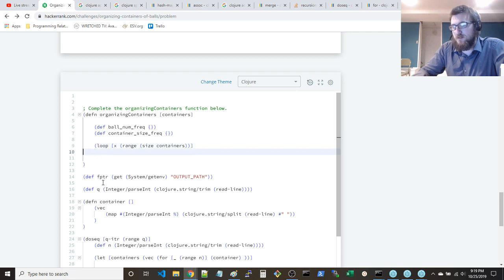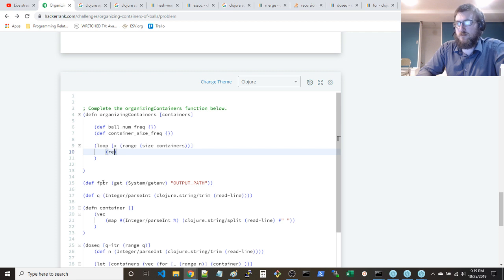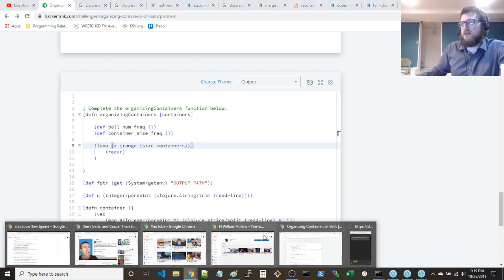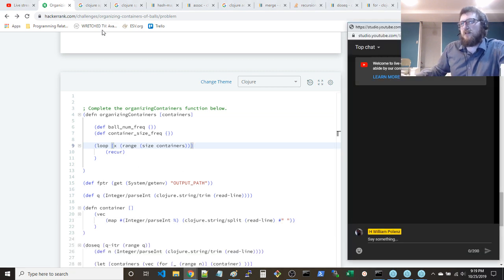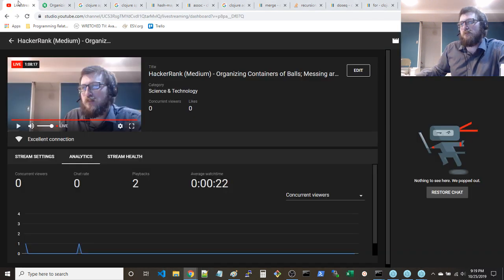So the way a loop works, it's kind of neat. You have, so I'll explain. The loop is pretty neat in Clojure. You bind,